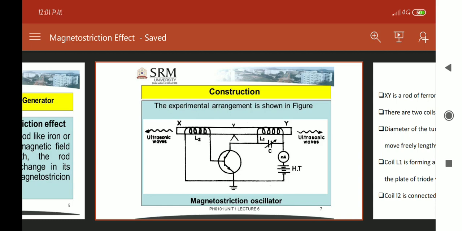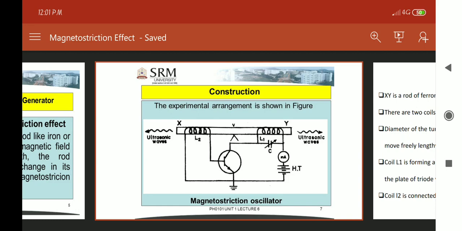If the frequency of the tuned circuit, that is the L1 circuit, becomes equal to the natural frequency of the rod, then longitudinal oscillations are set up and ultrasonic waves are produced in the surrounding medium. So this is the construction of the magnetostriction oscillator.